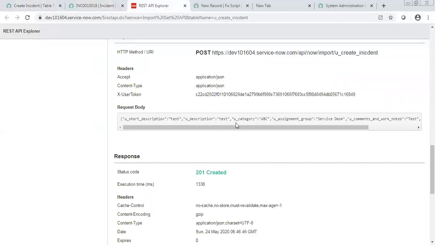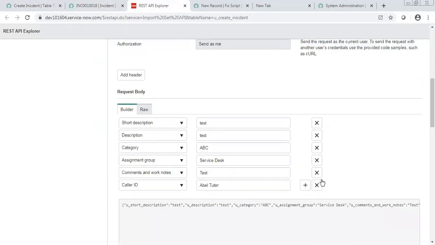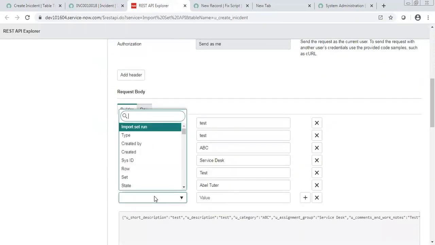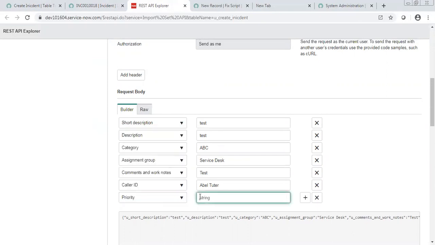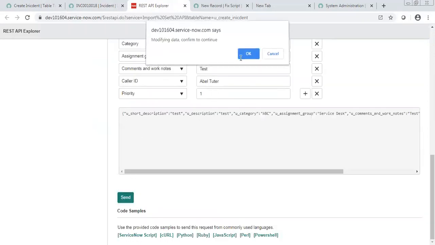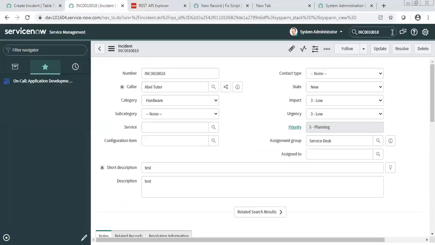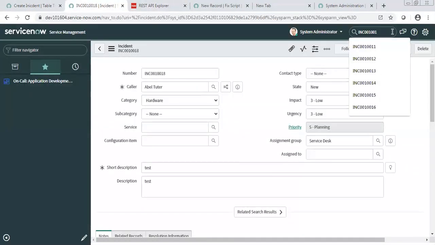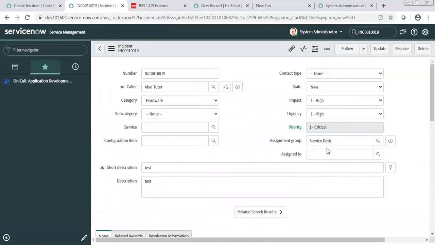Okay. I will say here priority is 1. See, it has set 3 values.